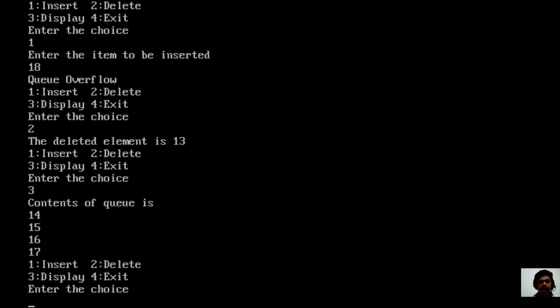Now if I do want to insert, then already my R is pointing at the queue size, but I have an empty location at the 0th position. That is what, in the normal queue I can't go for insertion. If I go for insertion at the rear, it will show error.